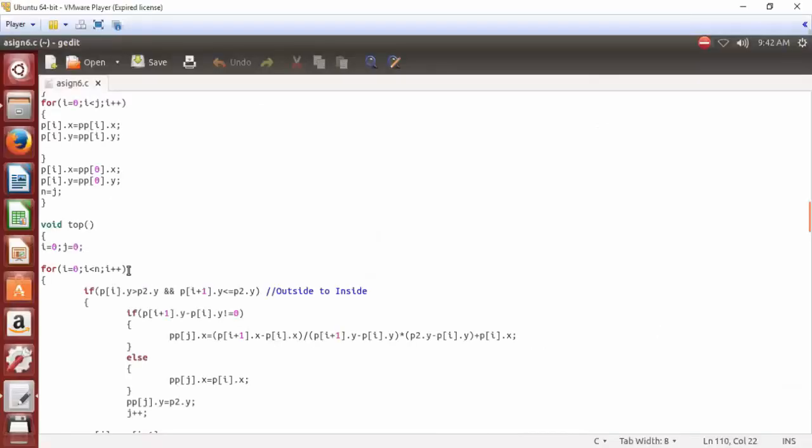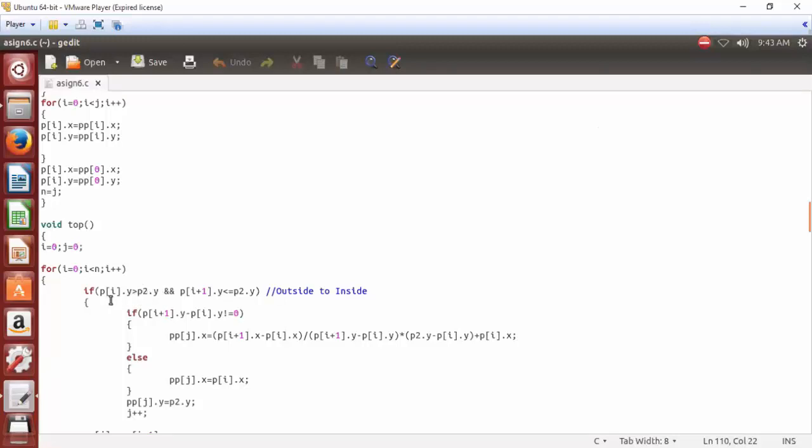So let's see here top clipper. Again here in top clipper, we are going to check the condition outside to inside. Now this time instead of x we are going to check with respect to y, because we know p2's y, and for bottom p1's y.